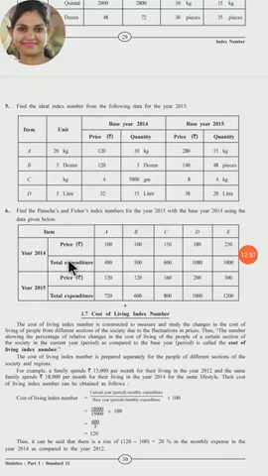Suppose I purchase 10 pens and the price of 1 pen is 5 rupees. Again, I am purchasing 10 pens and the per pen price is 5 rupees. So what is the total expenditure for a pen? Pen means an item. So what is the total expenditure? 10 into 5, 50. It means here total expenditure P into Q is given, right?